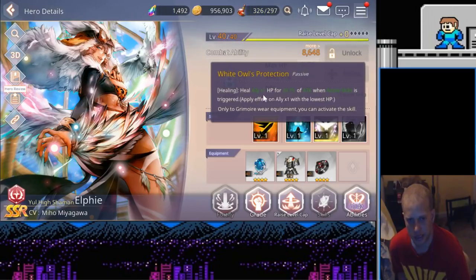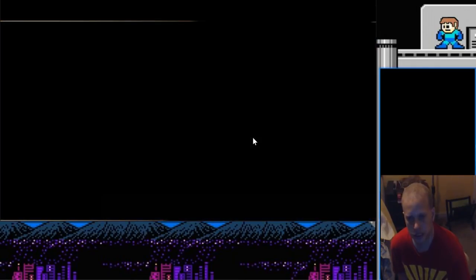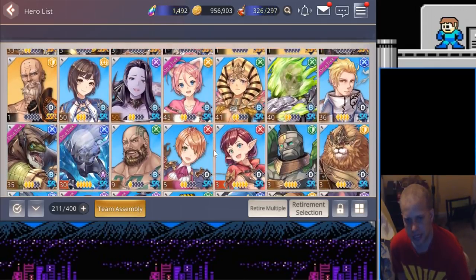And then if I get really lucky, hopefully I'll be able to get this, because she'll also do an additional heal whenever she does her active skills. It'll be on the ally with the lowest HP, but Elfie is one of the prime support units in the game as far as attacking stuff goes. And then as her backup, I have...